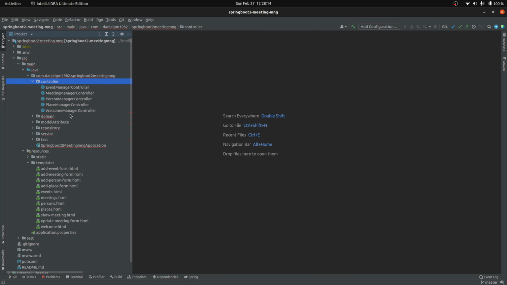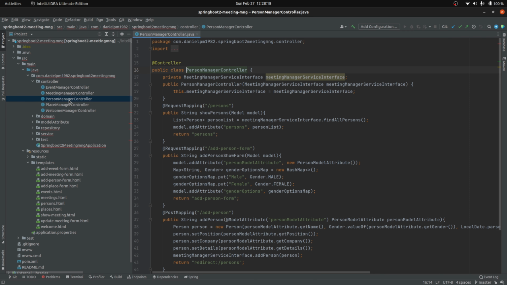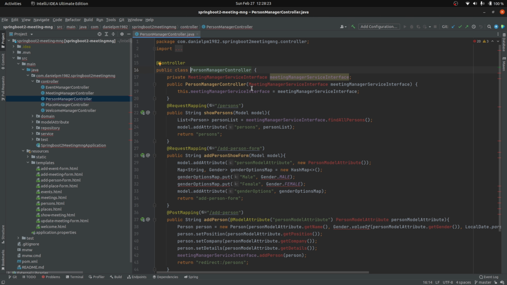For example, the person manager controller, we inject the service, which will be a single class that will contain all the repositories injected inside it, and through it we'll be able to call any of the methods we implemented here at the data layer. We have here a constructor injection of this meeting manager service interface,